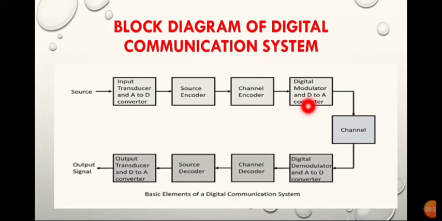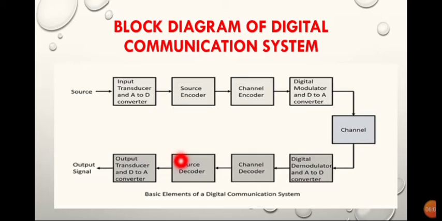Here the signal is converted into analog form, hence the receiver receives the signal that is also in analog form, but our next blocks understand only digital signals as it is a digital communication system, hence here we have to use the analog to digital converter. This is what? The channel decoder. Okay, it is exactly the reverse process of the channel encoder. This is the source decoder, which is also exactly the reverse of the source encoder.